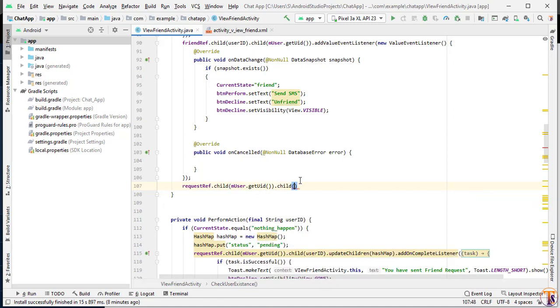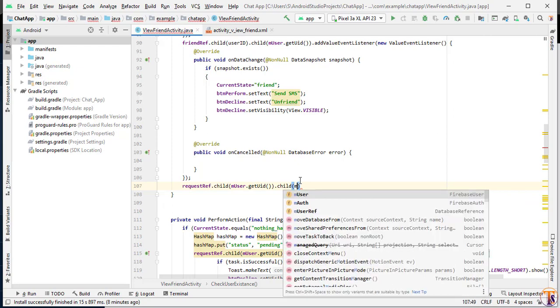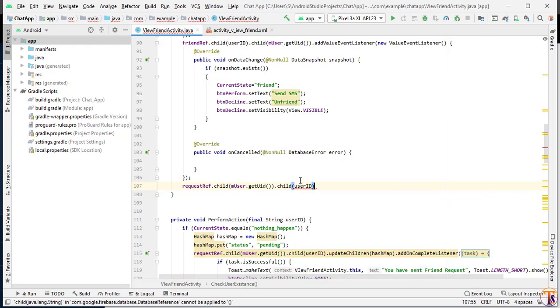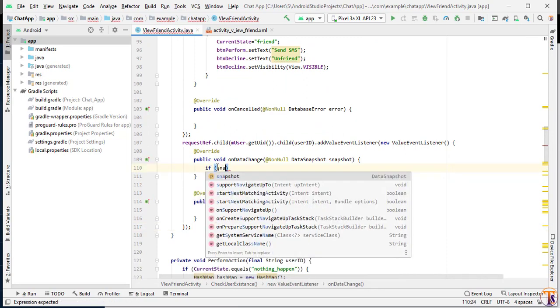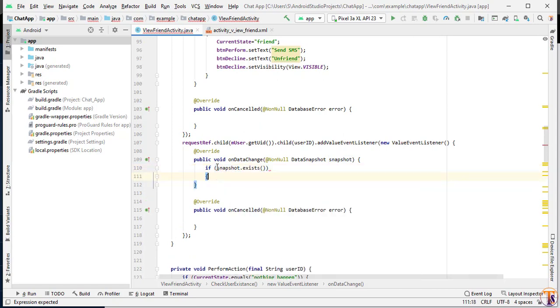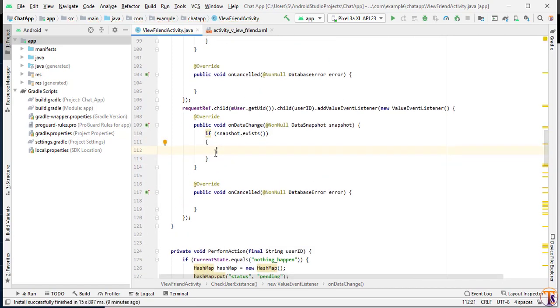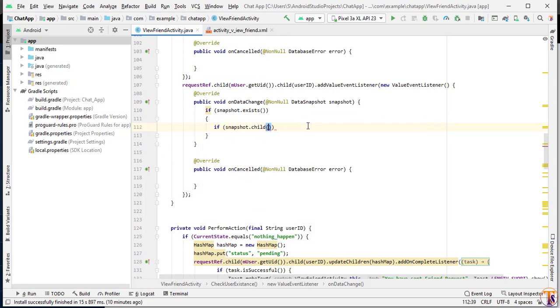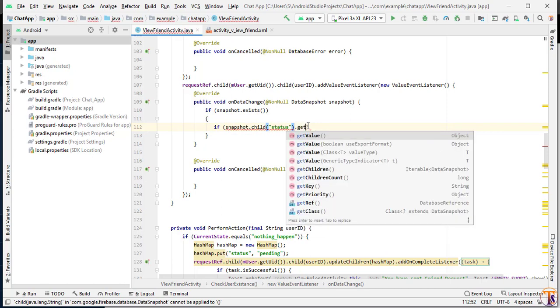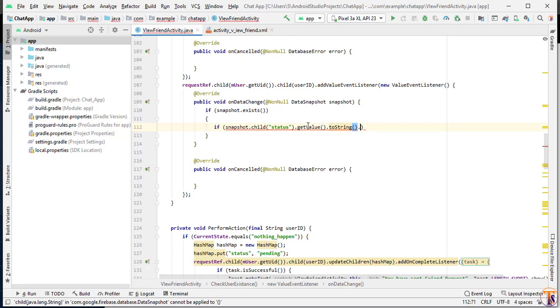Now we will use request reference dot child, and here we will pass m user dot get uid, dot child, and here we will pass user id, dot add value event listener, new value event listener. It means that we have already sent a friend request to the other user. So here we will check if snapshot exists. If I sent a request to the other user, then we check if snapshot dot child, status, dot get value dot toString dot equals pending.